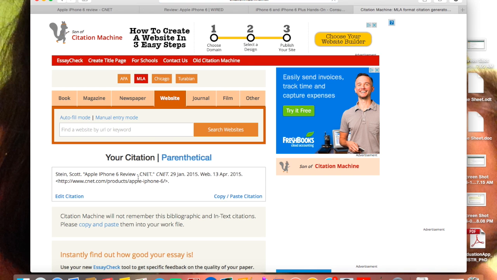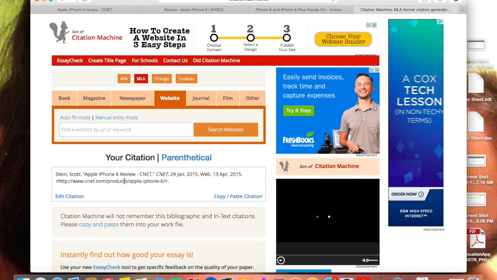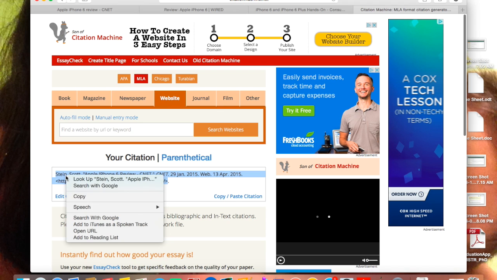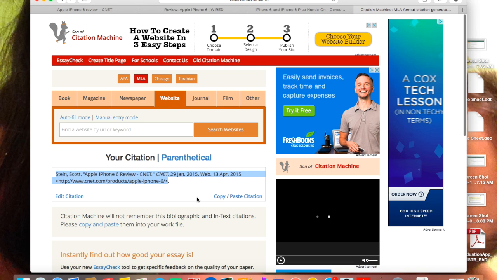This is what comes up, is our citation, okay? So now here's the next step. You're going to, from the period, copy that citation. Right-click, copy. You can hit the Copy Paste Citation,